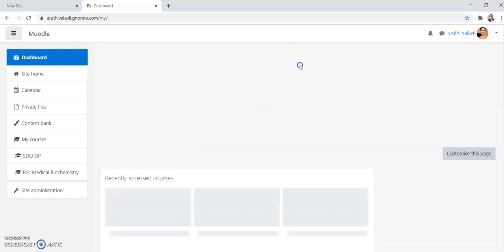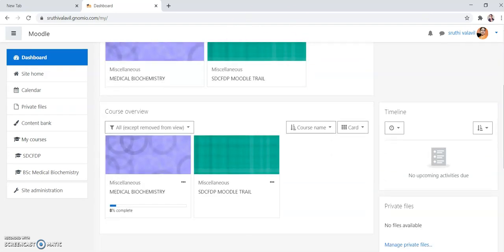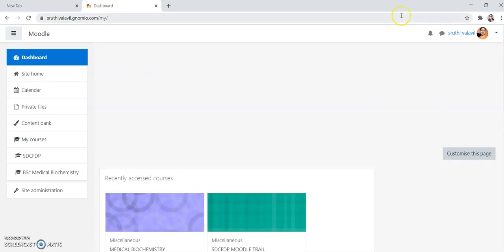After logging in, you will see a window like this. Now, in the left hand side corner, you can see some options here, that is dashboard, site home, calendar, private files, like that. In this section, you can also see your course names.